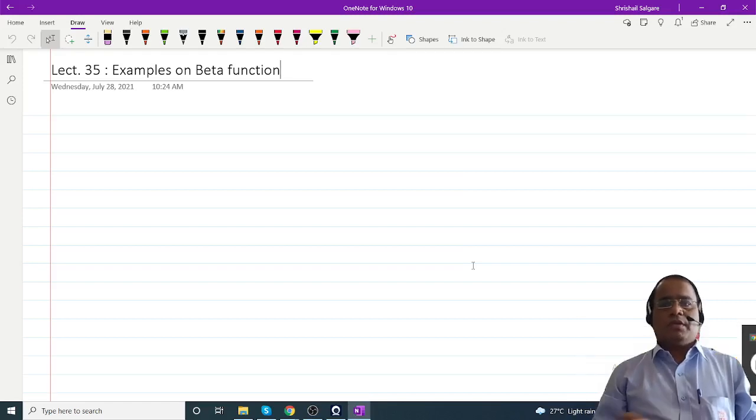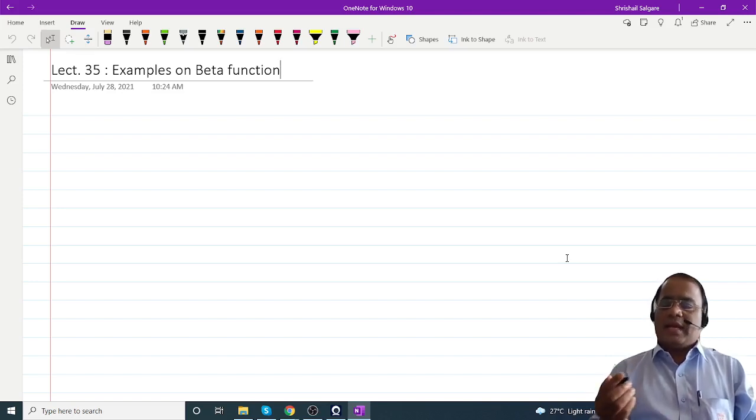Good morning, students. Let us continue with the numericals on beta function. Last lecture we have seen the definition of beta function in terms of x and 1 minus x factor. After that we have seen the properties of beta function, and then the second definition of beta function in terms of trigonometric functions, which we reduced to the particular form to evaluate integrals of the type integral 0 to pi by 2 sine theta raised to p into cos theta raised to q d theta.